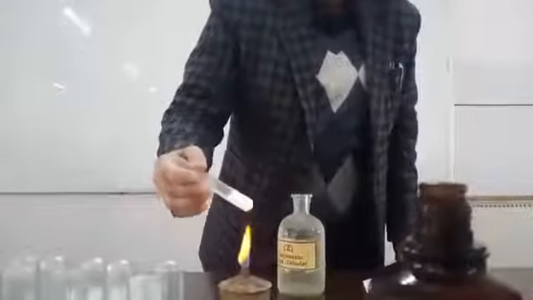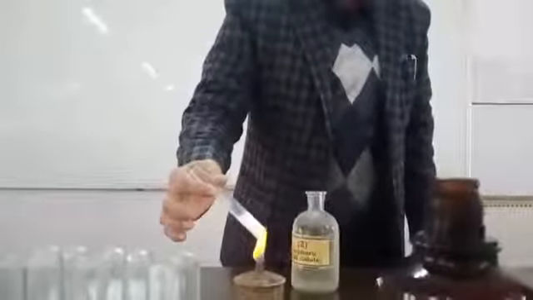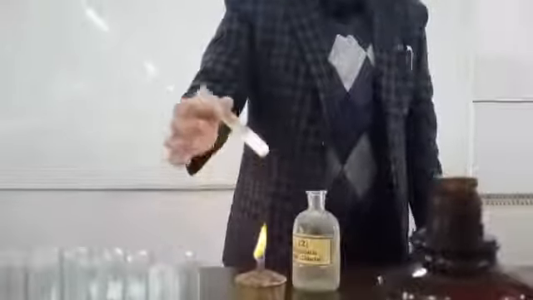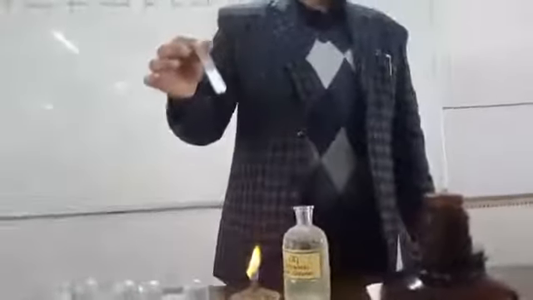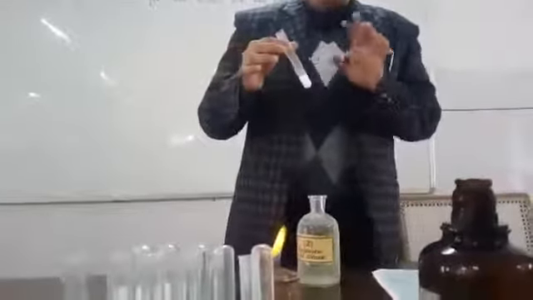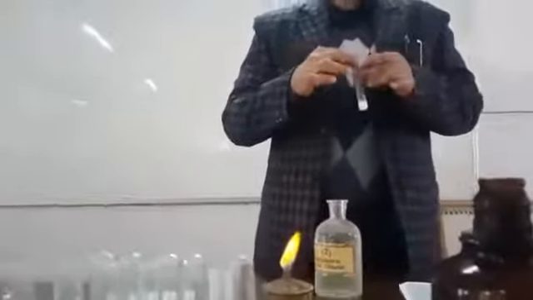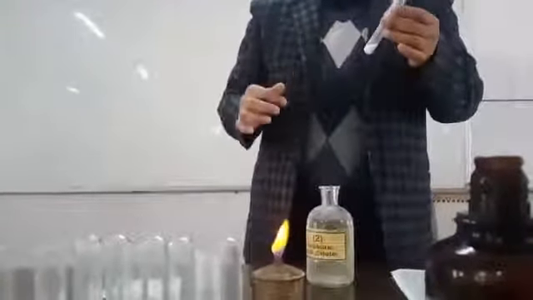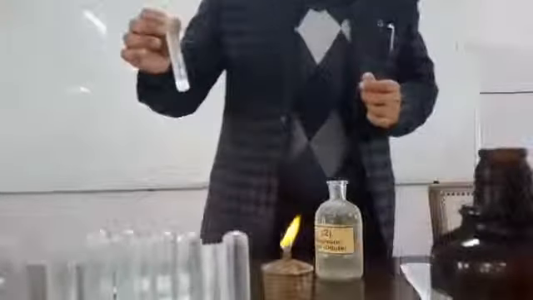As we added the dilute sulfuric acid, brisk effervescence appeared, which indicates the presence of carbonate in the given mixture. It means we have confirmed that the given mixture contains carbonate. We have identified only a single acid radical, carbonate. We now need to find the second acid radical, so we leave this group and go to the second group of acid radicals,